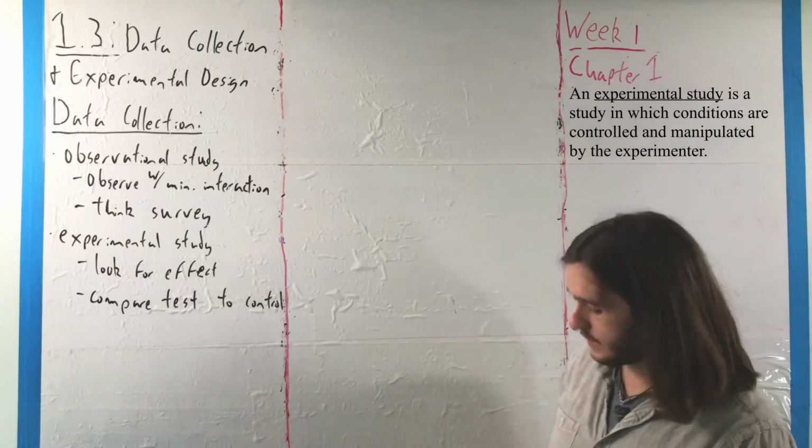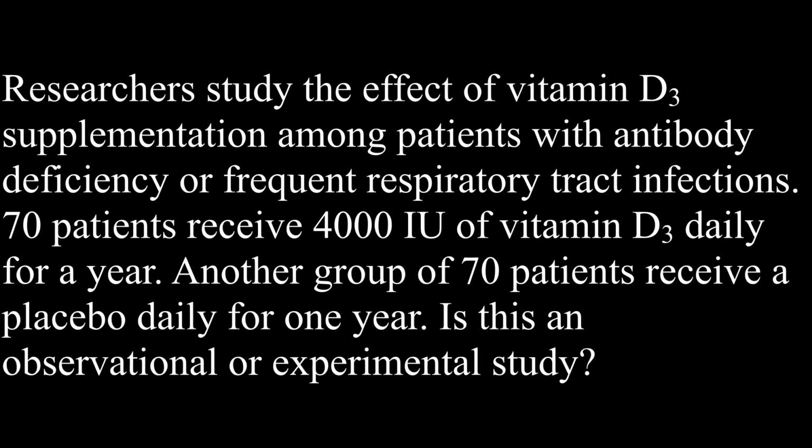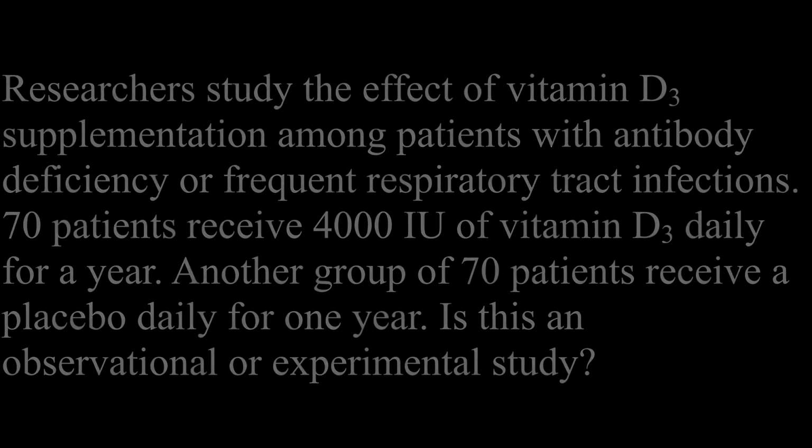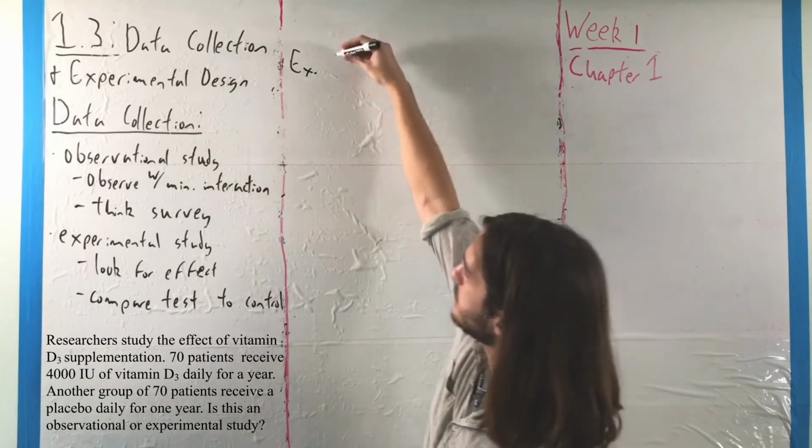Let's look at a quick example here where for this we are told that researchers study the effect of vitamin D3 supplementation among patients with antibody deficiencies or frequent respiratory tract infections, where 70% receive 4,000 IU of vitamin D3 daily for a year. And what we want to do is determine if this is observational or experimental, where in this case, this study is